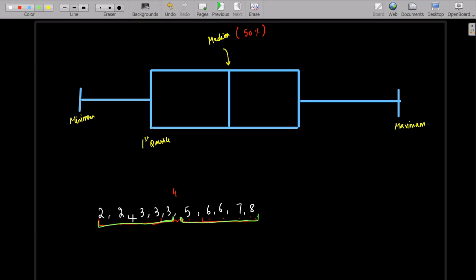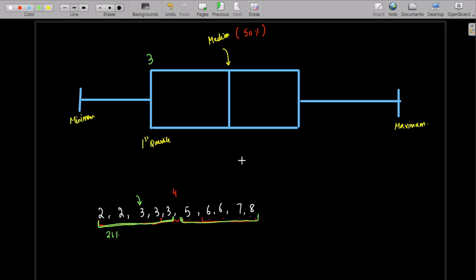So can you tell me what will be the median of this data set, the left one? The left one, it will be 3. 3, exactly. So this value will be 3. Okay, and this is called your first quartile. This point divides the data set into 25% and 75%. So on the left side you have 25% of the values,